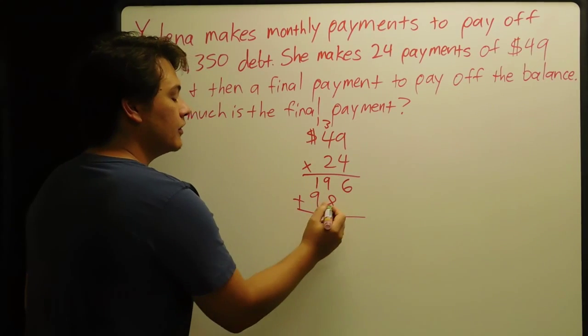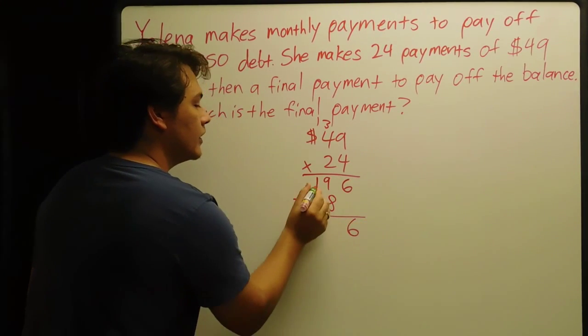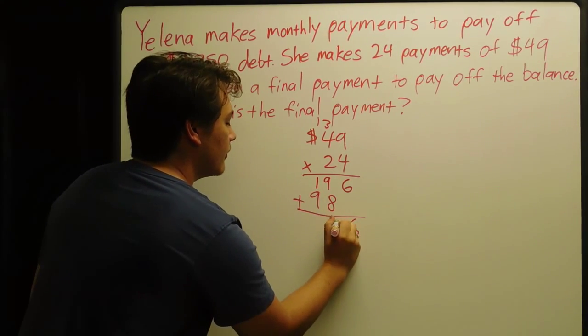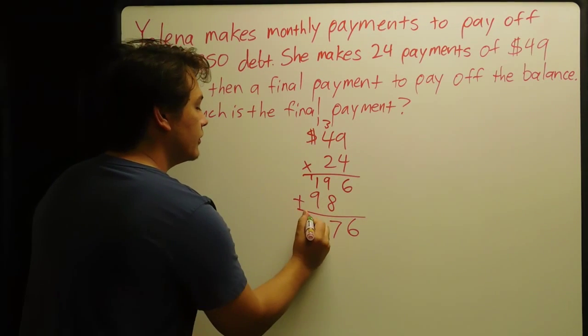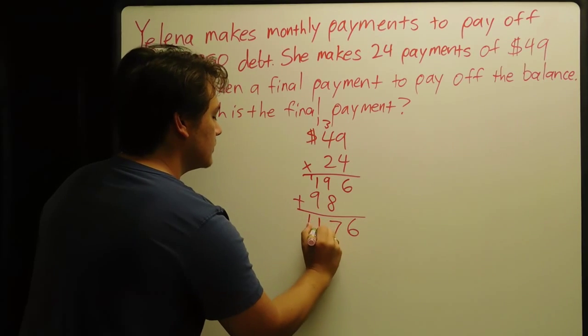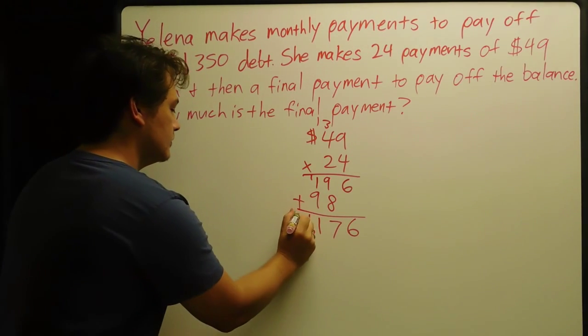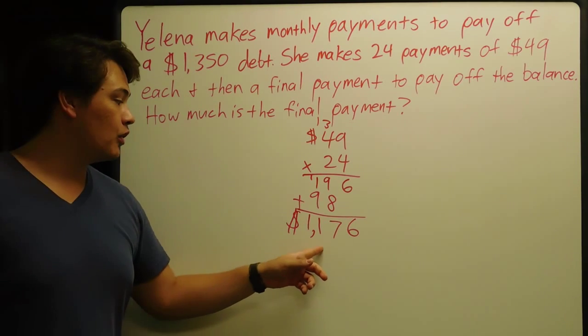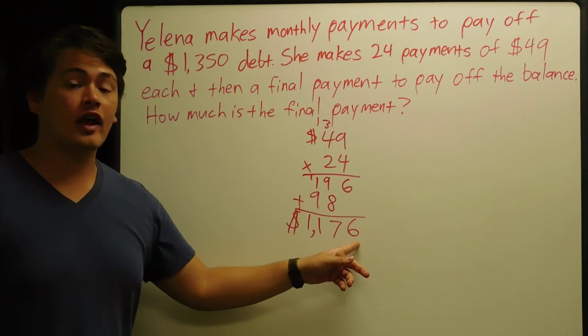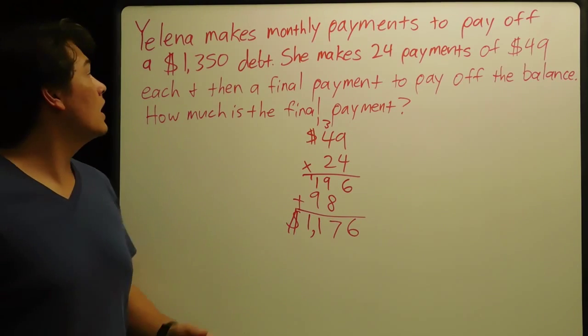Add these two together. Bring down the 6. 9 plus 8 is 17. 9 plus 1 is 11. So $1,176 is how much she's already paid off of the